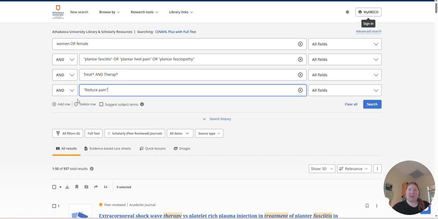I put "reduce pain" in quotation marks because I am looking for this as a phrase. I don't want just the word reduce to be searched by itself and just the word pain to be searched by itself. So I have to combine them and tell the computer or database that that's what I want. And so I have quotation marks around it. Now I've got my PICO ready to go and I can hit my search and it should have the fewest